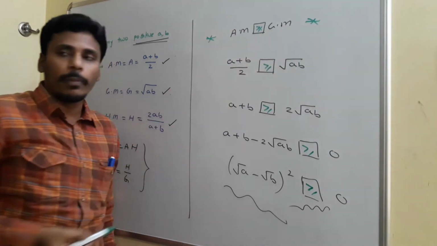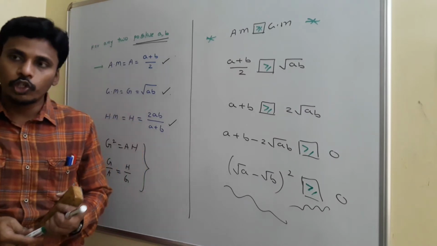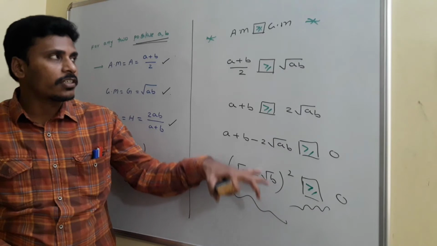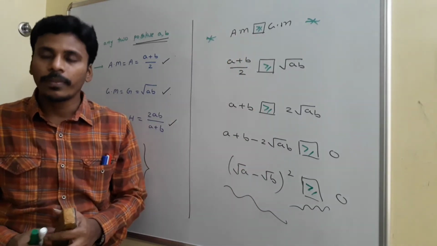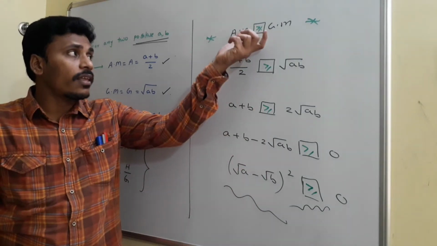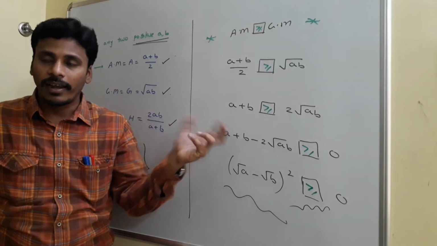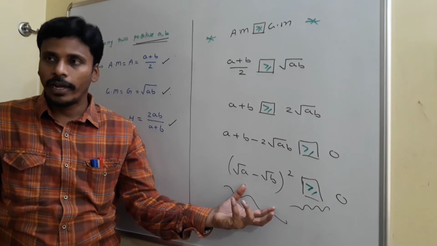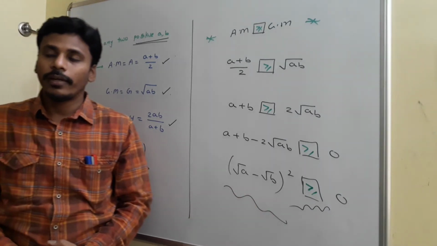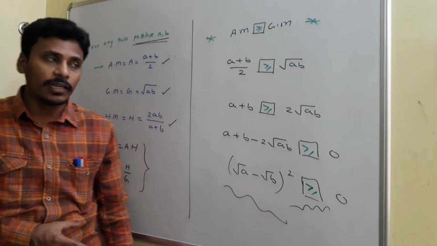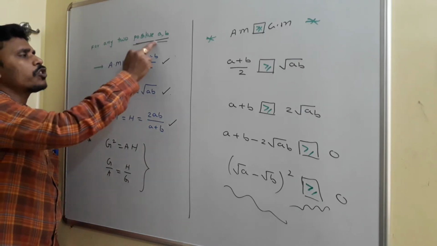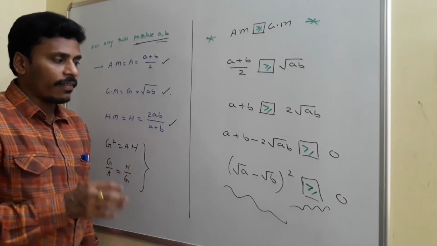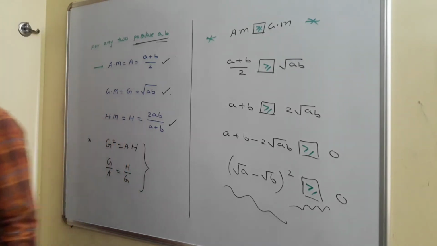To prove such a statement, that the arithmetic mean is greater than or equal to the geometric mean, we have different ways. Starting from this identity, we can prove AM greater than or equal to GM. Or otherwise, start with AM and GM, do certain transpositions from either side, and at the end you have this identity again. So we conclude that for any pair of positive numbers a, b, the arithmetic mean is always greater than or equal to the geometric mean. Have a look at this.